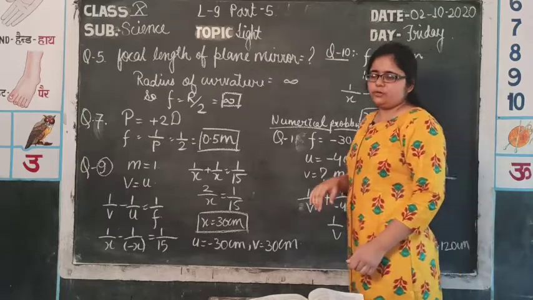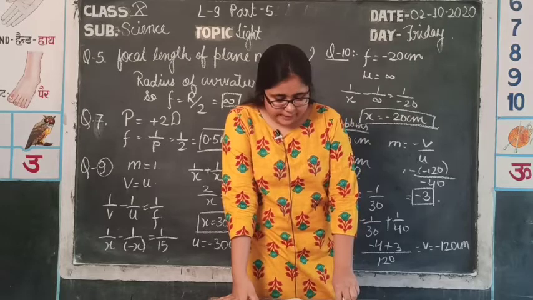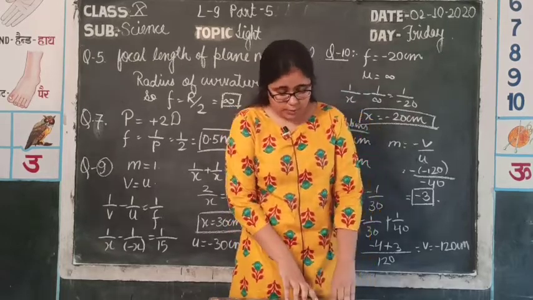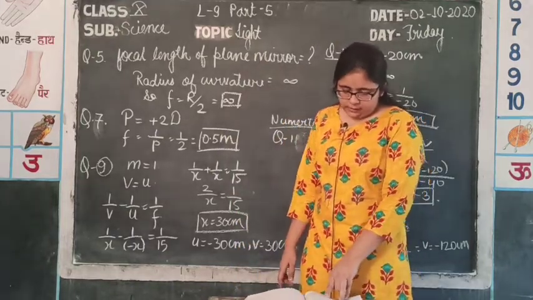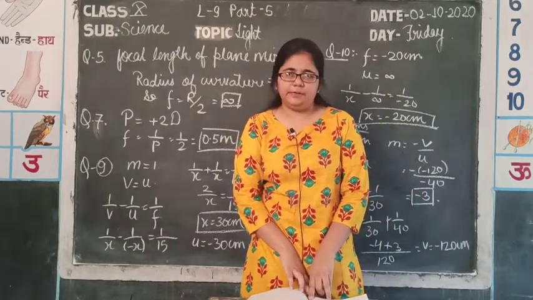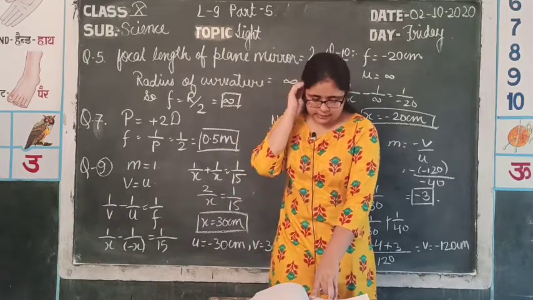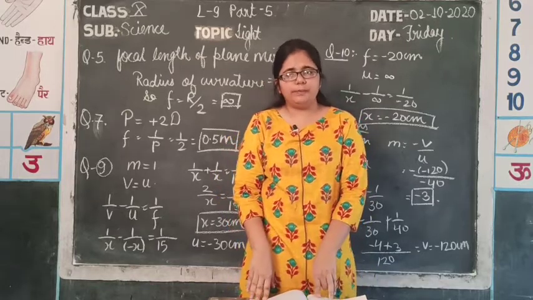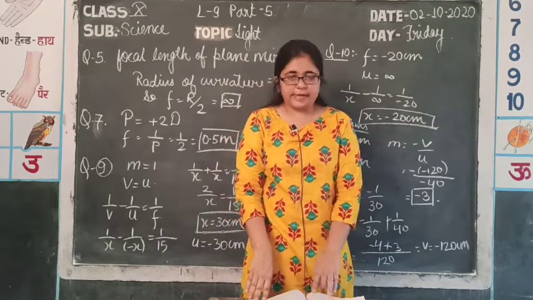So, these were the small questions related to optics. Now, we will discuss some numerical based questions in which mirror and lens formula will be mostly used. So, the first question related to this is given on page number 130, numerical questions. Question number 1. Focal length of a concave mirror is 30 centimeter. As you know, in concave mirror focal length will be negative, that is minus 30 centimeter. If an object is placed at 40 centimeter, so U will be minus 40 centimeter. Then find the position of image and also get the magnification.